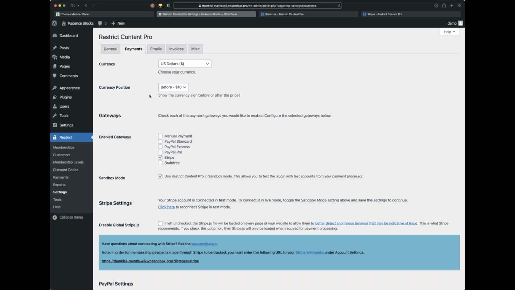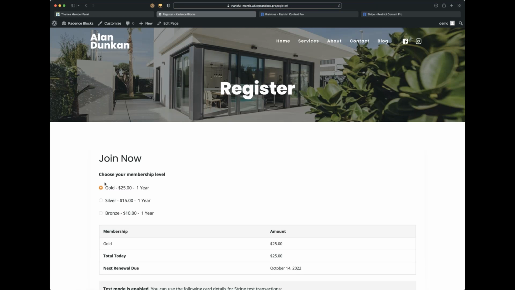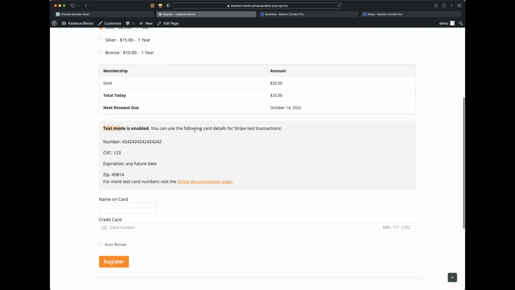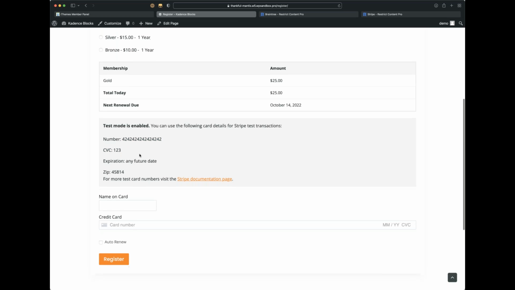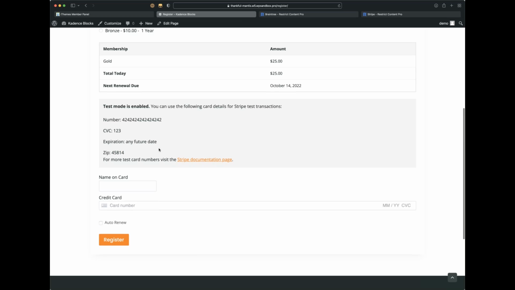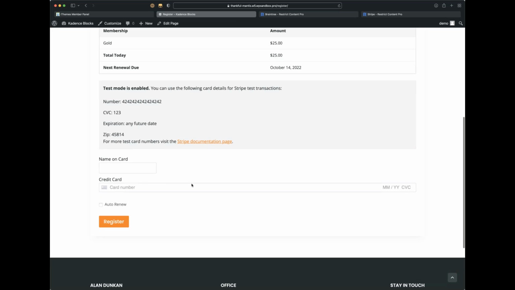So that now, we can go to our registration page. I'm just going to hit the register page. And now, we have these options here. And notice that we get this new section that says test mode is enabled. This is great. It gives us a dummy credit card number with a CVC, that 3-digit code on the back of the card. We can use any expiration date, doesn't matter, and then a zip code if it asks for it, which we don't really have here. But the idea is that we can put the name on card, do all that,